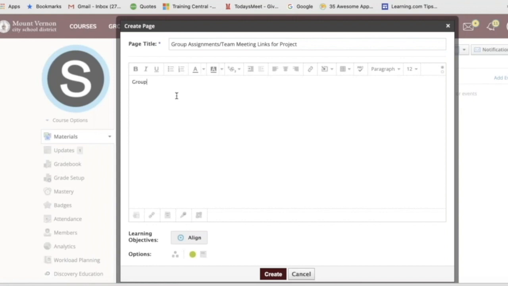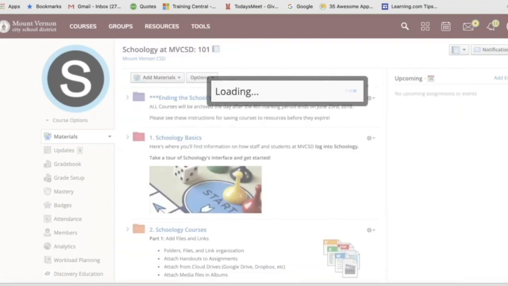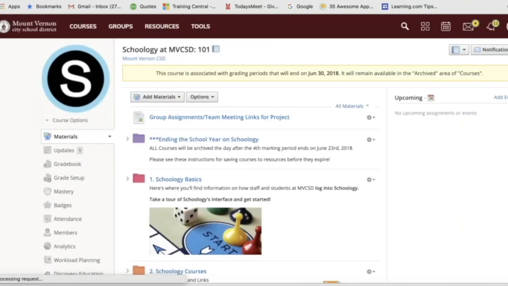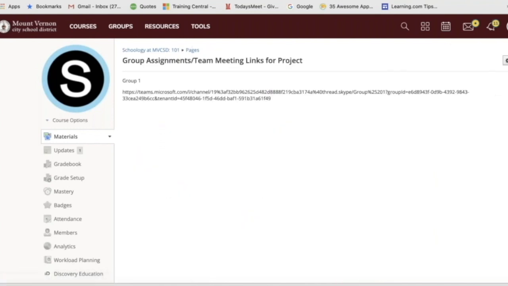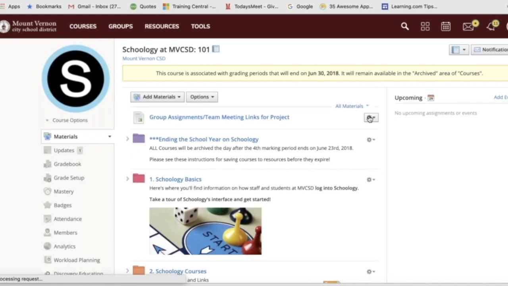And then for each group, cut and paste the link. I'll just hit create here just to show you that, using that little green plus sign, it puts it at the top here. And so when a student clicks on it, they should be able to go right to the link. If it doesn't turn into a link right away,